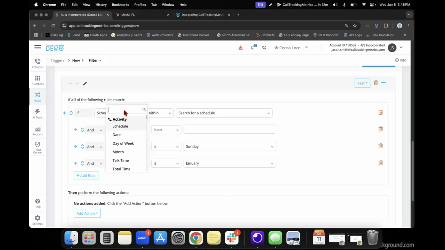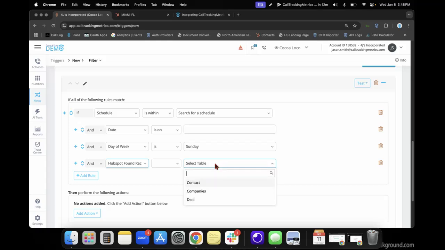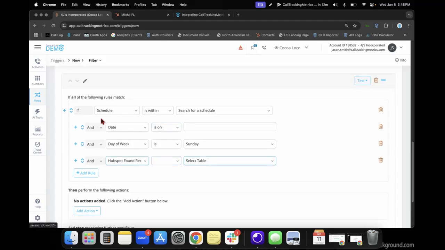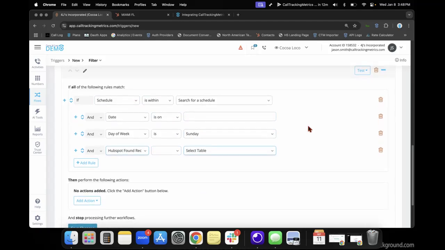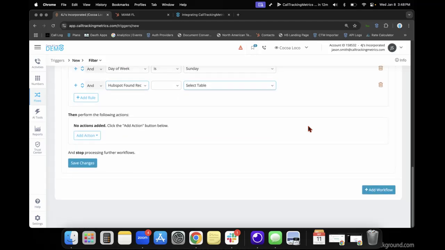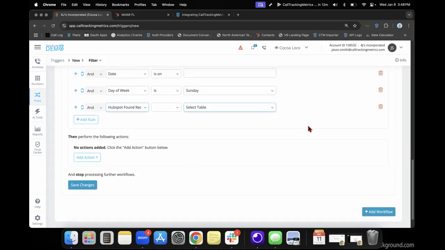And you can even do this conditionally based on what kind of HubSpot record was linked previously, or what kind of HubSpot record did we find when we did this lookup based on the caller's number. And we can have this run only if we found a record that matched one of these types. So these are the conditions. This is very highly customizable. So you only send stuff to HubSpot for the activities that you really intend to,